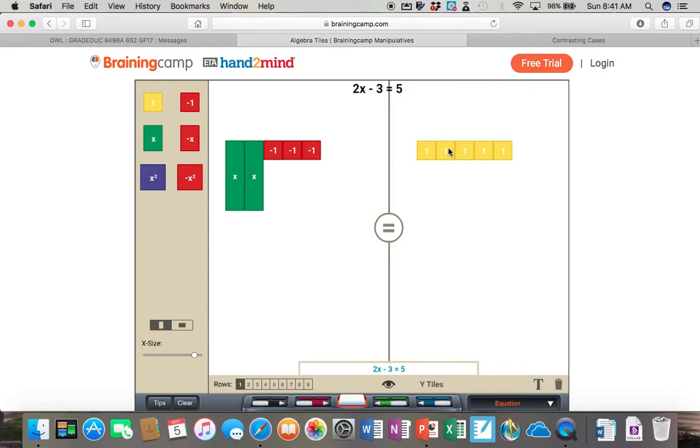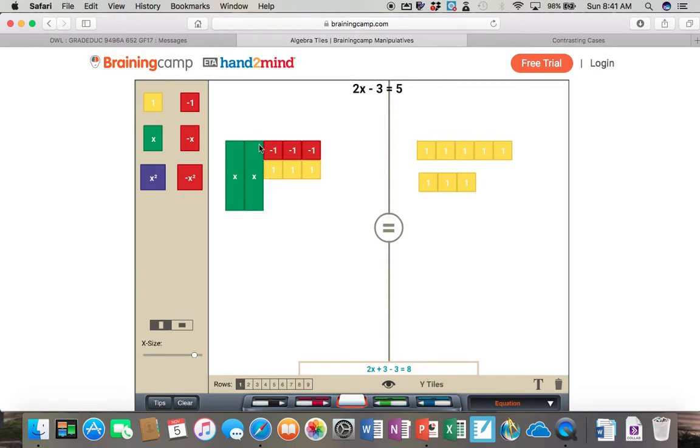Now as students go to solve the equation, they're going to, as we know, add 3 to each side here, but that is very abstract. They can actually do this in the app, adding 3 to one side, and as I add 3 to one side, you can see that the symbolic representation changes down here. When I add 3 to the other side, you can see as soon as I let go of it, the 5 will turn into 8. So we've got the representation here.